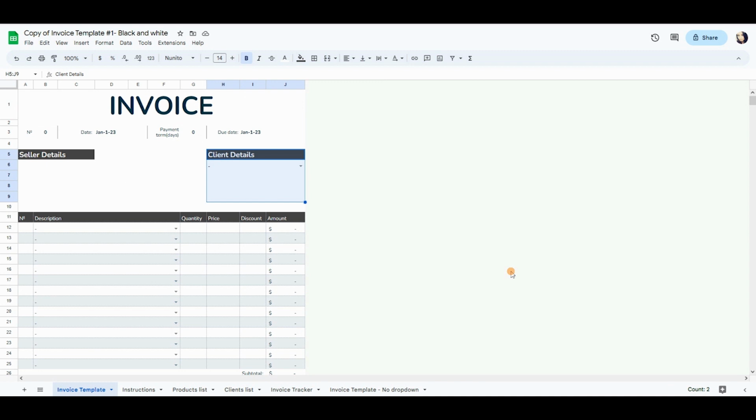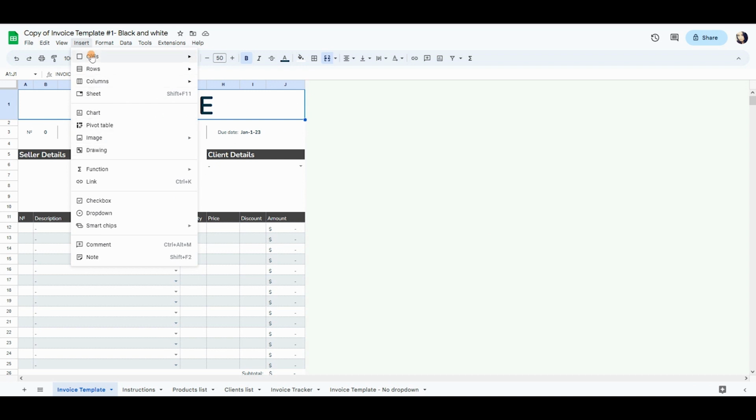Now let's start and create our first invoice together so you understand everything. The first thing I want to do is to upload our logo, and you can do that from Insert, Image, Insert Image over cells. You pick your image and you place it